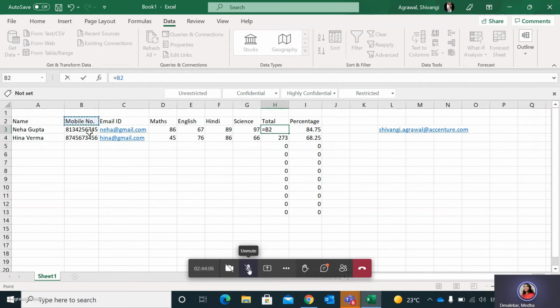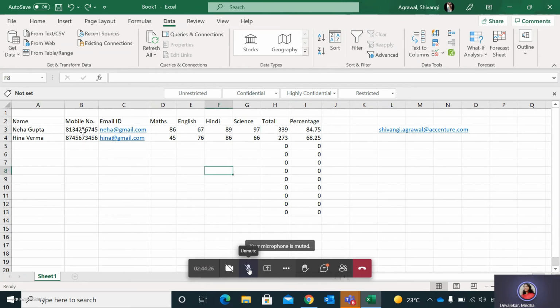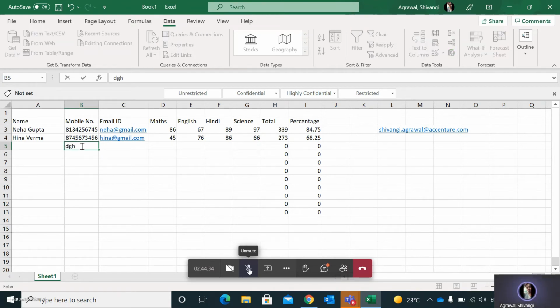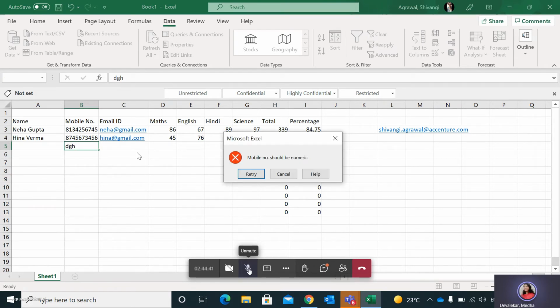Just enter one and then click Control Z. Then have you applied data validation here? Yeah, ma'am. For mobile number, I have applied. If I enter characters, then it will show an error. Click on enter. Okay, good.